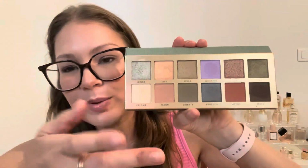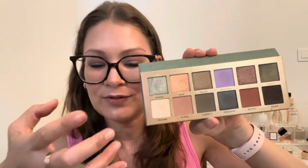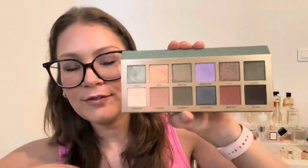It's very weird to explain, but the texture is just, you can feel it. So I wasn't a fan of that. I do really like this Color Story. I'm not going to declutter it. I like having it. But now that I've tried it out and I think that my eyeshadow application's gotten a little bit better,